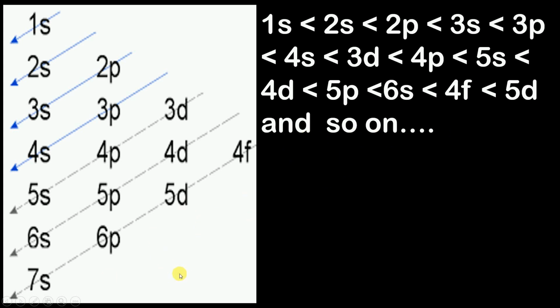Now on the basis of this, can I comment that since 1s has the least energy, the electrons will first fill up 1s, and after 1s is filled up completely, the electrons will fill up 2s, and after 2s is filled up completely, if there are still electrons remaining, they will fill up 2p. For example, let's move ahead to my book, in which I will be able to explain all this in a better manner.